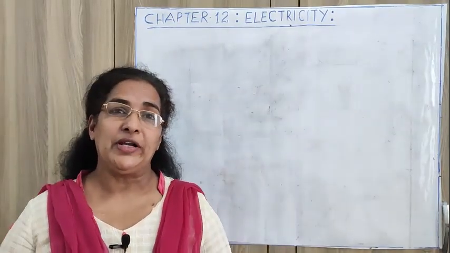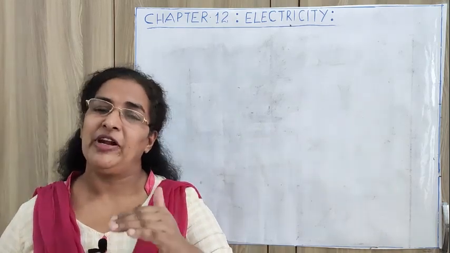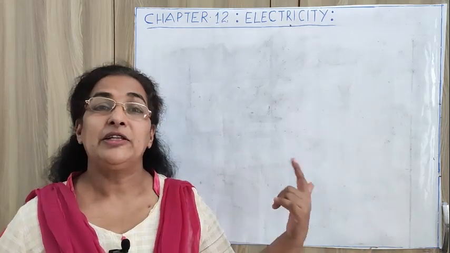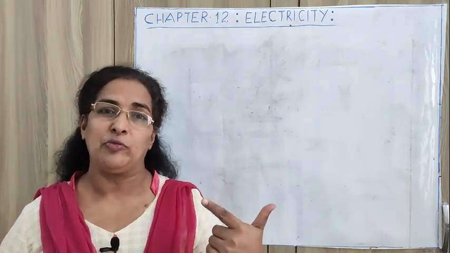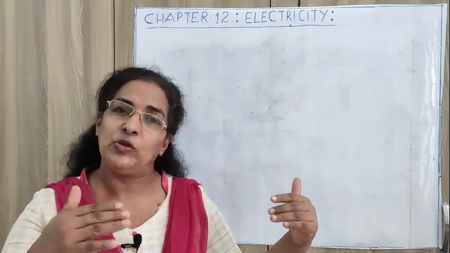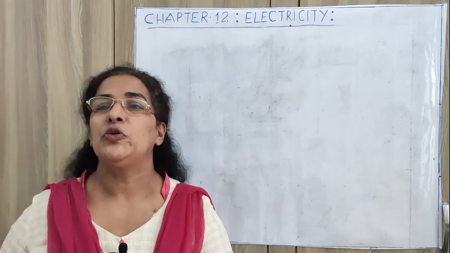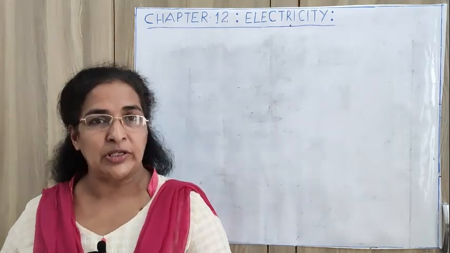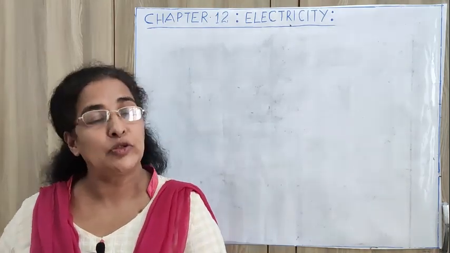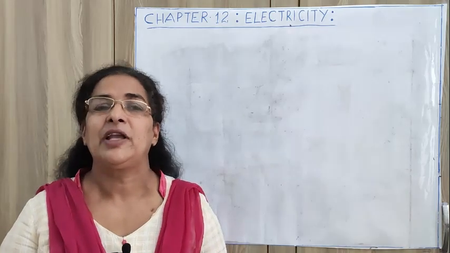Now we are going to learn the effect of electric current. Some effects of electric current you have already learned. In chemistry also we have learned one, that is electrolytic decomposition. That is, when electricity is passing through water, it will decompose to hydrogen and oxygen. It means electricity can do some chemical reactions also. Some chemical work is also possible by electricity. That is a chemical effect.